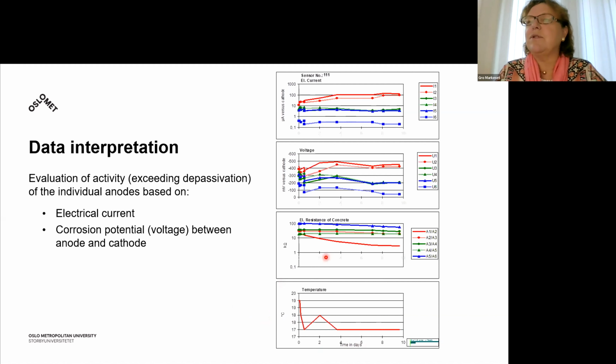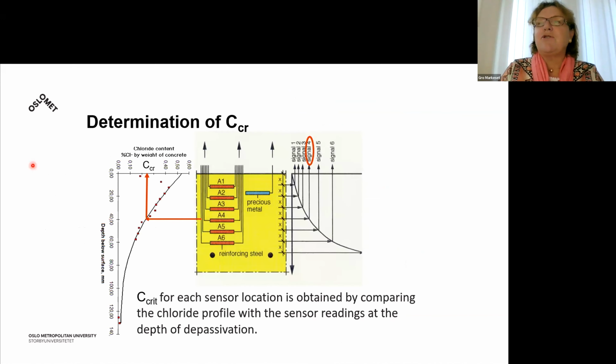And then we use this data to evaluate the activity of exceeding the depassivation, the corrosion situation, in each location. So here is the situation, what we can read from the corrosion measurements, and then we try to